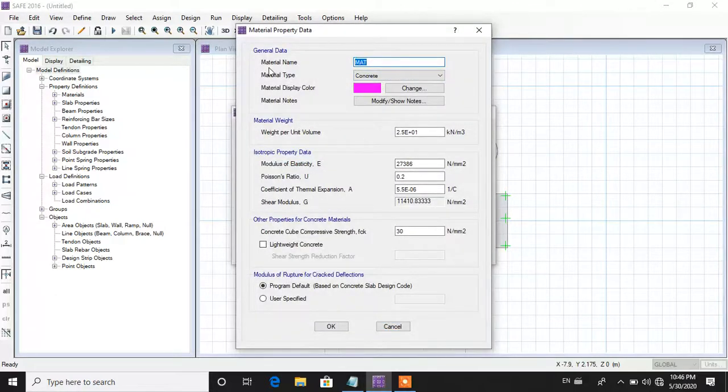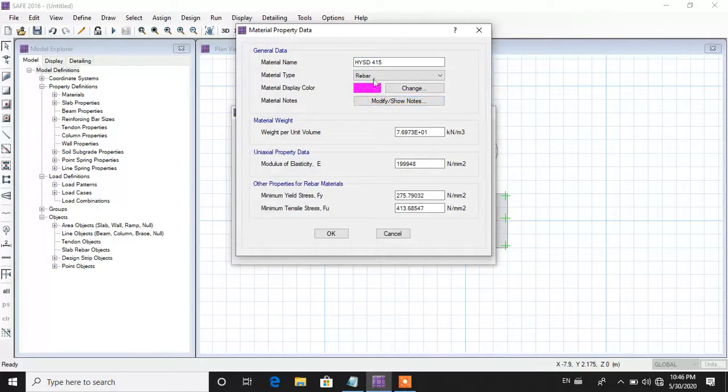Give the name HYSD 415. Material type, choose rebar. Weight per unit volume 70 kilonewton per meter cube.